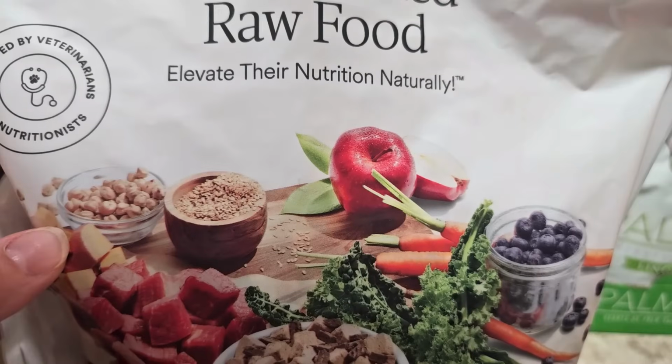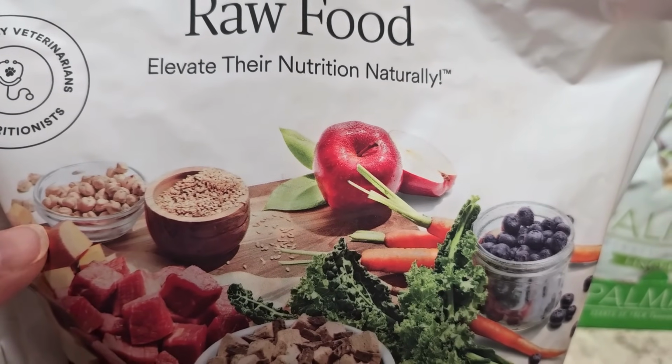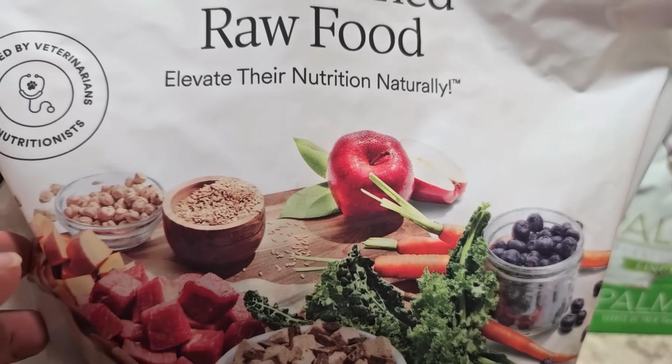So this company's pet foods are natural, they're holistic, they're made with human-grade ingredients, they've got no poultry byproducts, no corn, wheat, or soy. They've got none of the bad stuff and the fillers that are in so many other